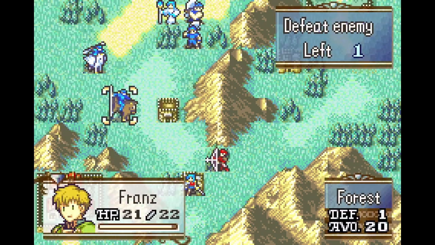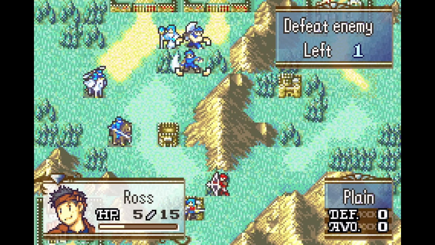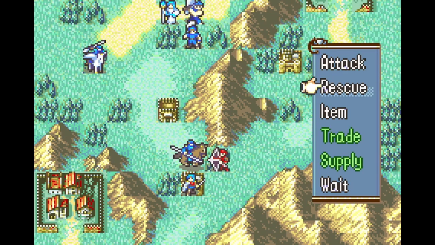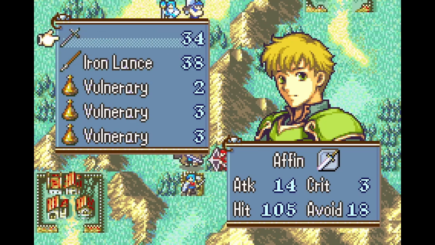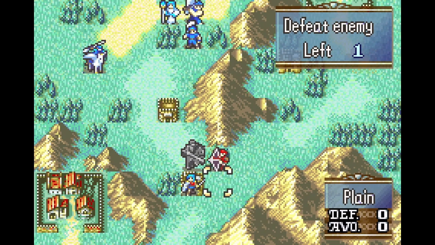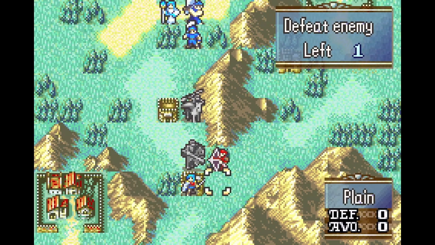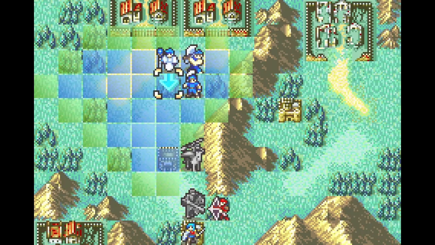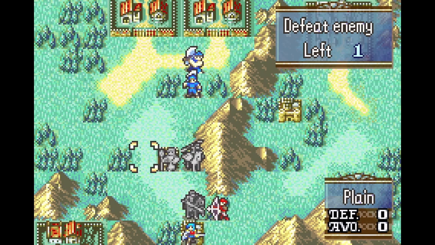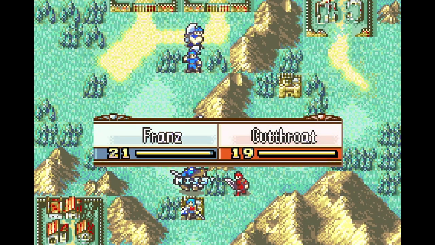How far can everybody go? Yeah, I can have Vanessa go after this archer. What I can do is I'll just block here with Franz. Archer can only go there. So Vanessa will be ready to block the archer, and we'll just keep walking forward with Mulder, and then